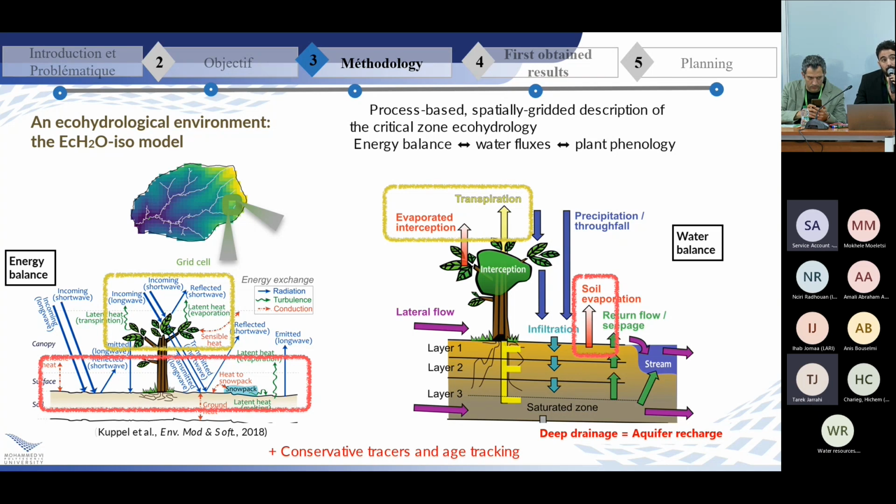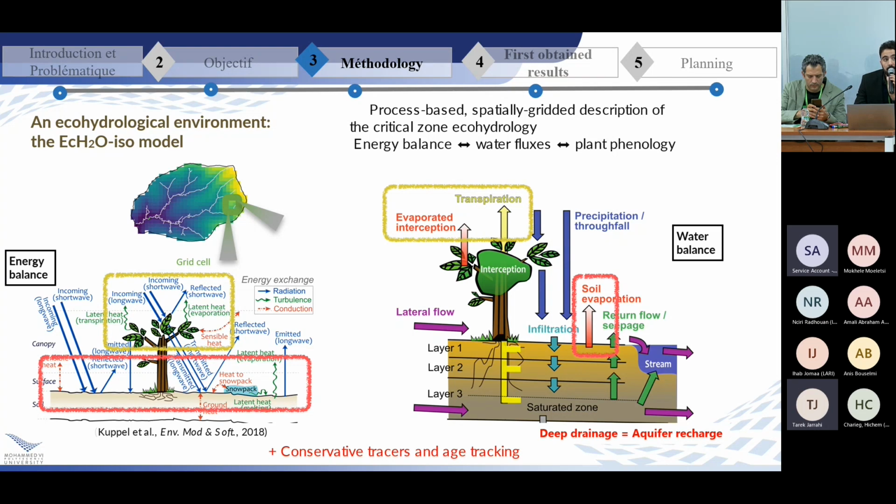So it computes all the water fluxes that can be representative, such as stream discharge, evapotranspiration, the partitioning of evapotranspiration, which means evaporation and transpiration, groundwater recharge, snow melting if we are in a snow-covered area, and yeah, the model is